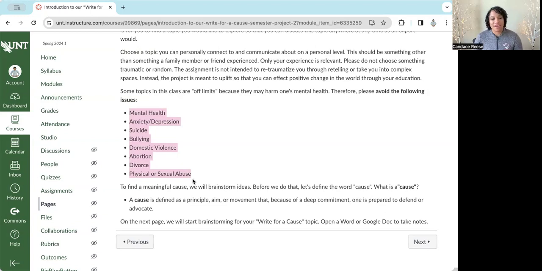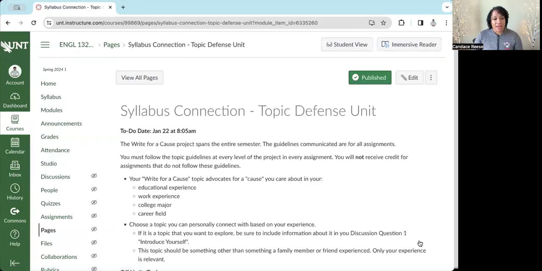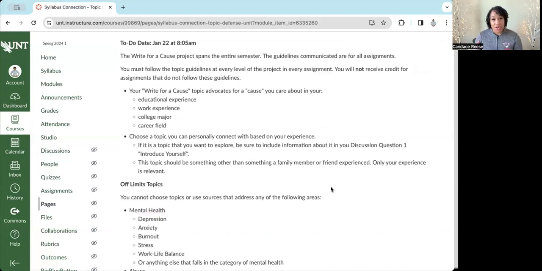So in order to keep me from having access to information that I have to report to the administration team, the Title IX office, and things like that, please stay clear of these topics, mainly in order to keep your private business with you and not with your classmates or with me or with the college, but also in the best interest of your classmates' mental health, and your audience's mental health, whoever is reading, assessing, grading, all of those things.